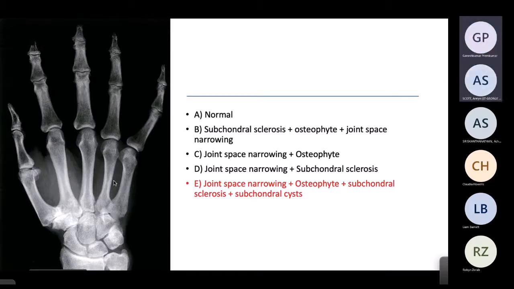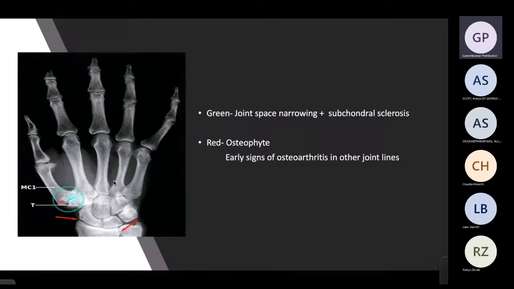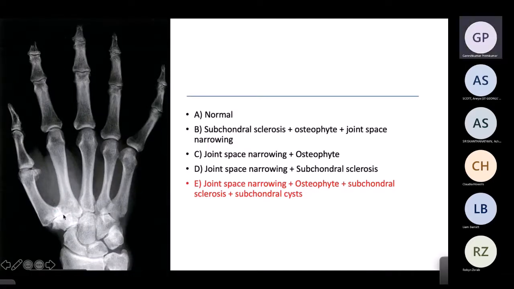So this one does have all of the features of loss. For those that aren't able to really decipher it, it's the same one, just stretched out. If we take a quick look at this, you can see the bright white area just under the thumb. That's your sclerosis, your hardening, the increased bone density. That's why it's white. And if you look to the side of it, the most lateral portion,